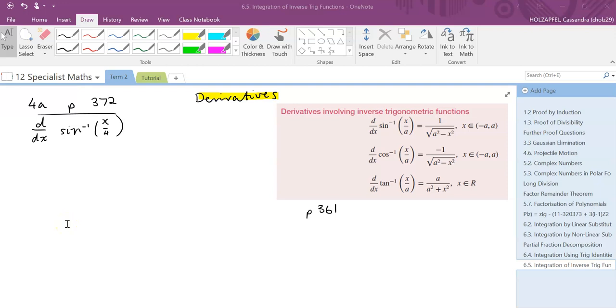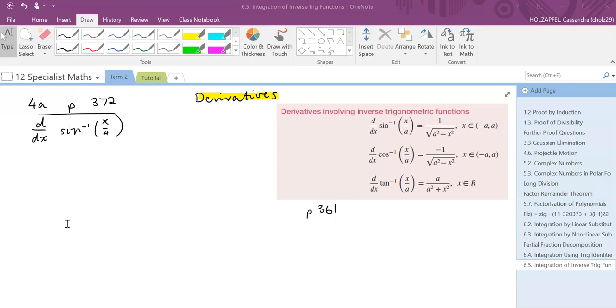Hi guys, welcome back. What we're going to be looking at in this video is a continuation of chapter 6.5, and they have quite a few examples on finding values for inverse functions. They also have quite a few questions on finding derivatives. And I think that's a little bit interesting considering the chapter is supposed to be on integration of inverse trig